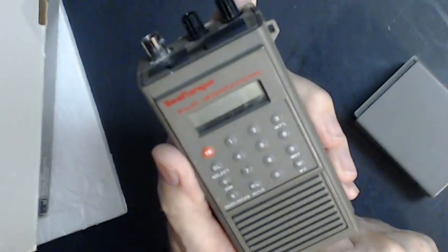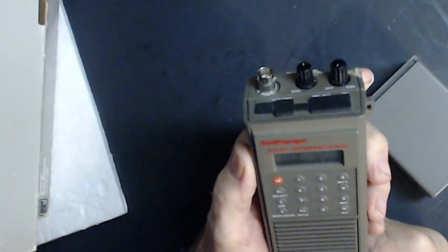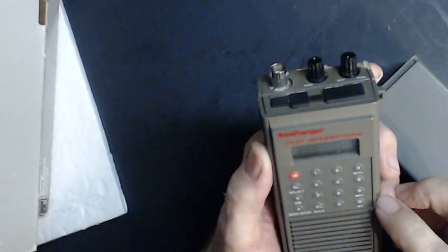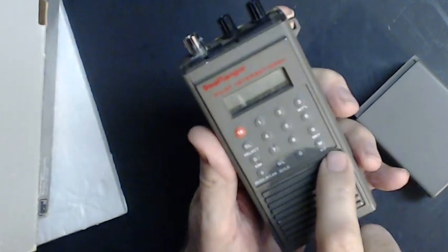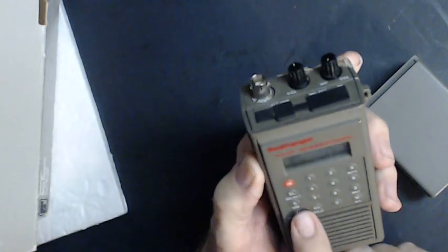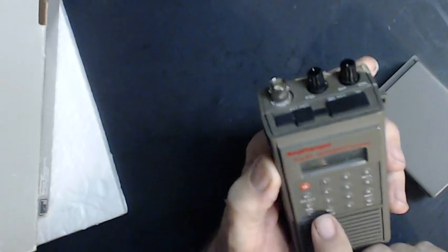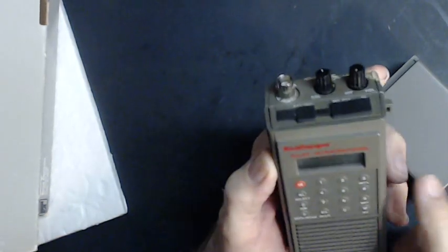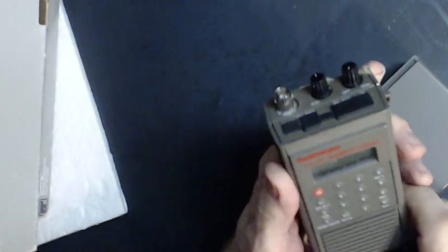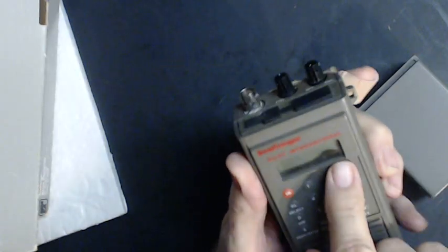There's the display and buttons. Got numeric buttons, and then a couple of them are multifunction. There's the weather button to get the weather channels. There's a D for, oh, that's got a little chip in it. The D button to dim the display. And then there's seek scan function. Display is quite small. I think it's LCD, so I don't think it's AM or anything like that. On the top we have,